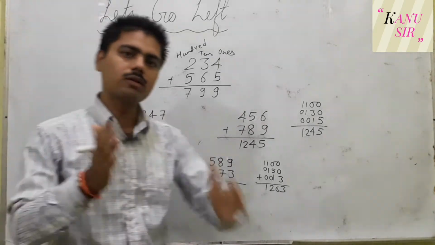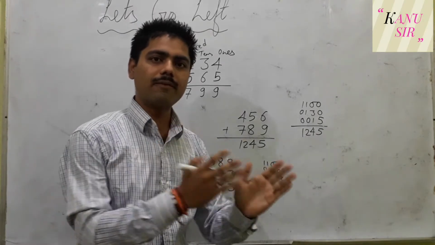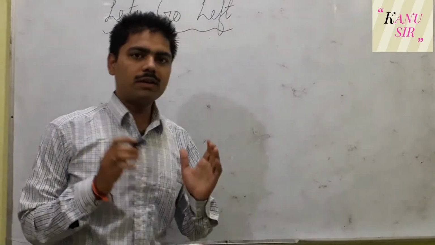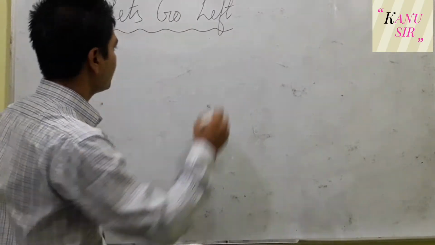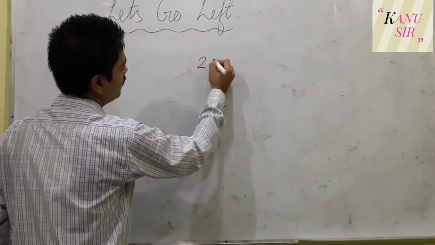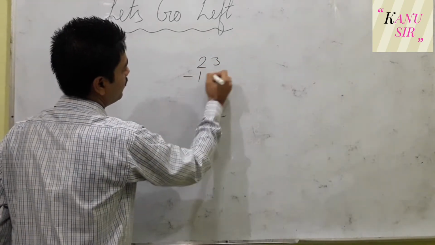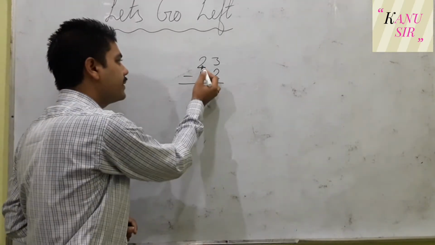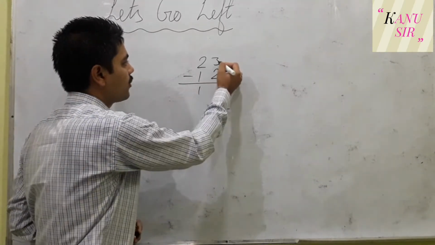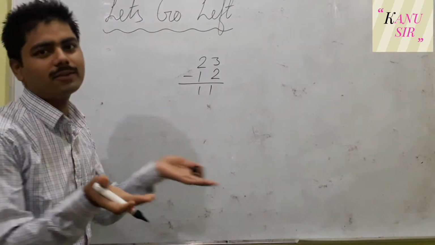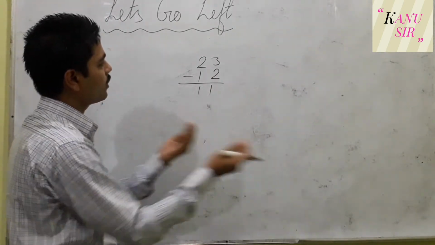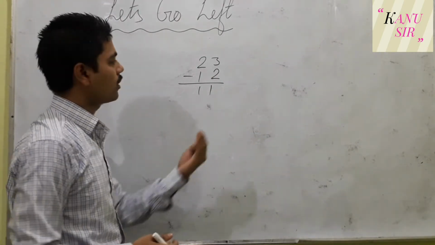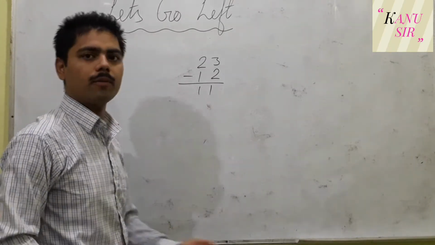Now let us try to subtract the numbers from left to right. Now in the subtraction here, what can we do? Let us take simple numbers, 23 minus 12, and let us go from left to right. 20 minus 10 is 10. 3 minus 2 is 1. And you may say it is very easy, sir. We could have done it from the right also. The answer could come easily because there is no problem of carryover.